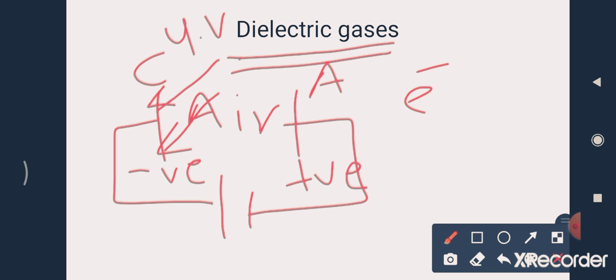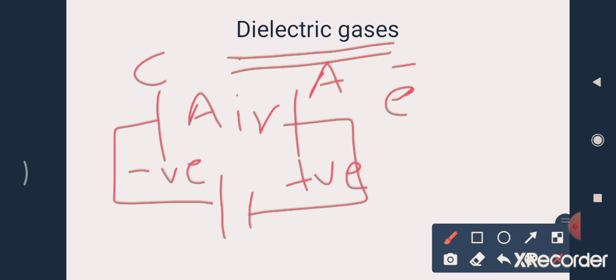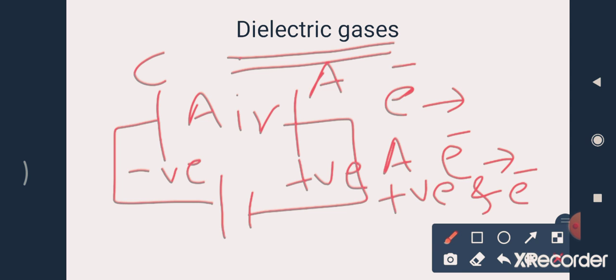Next point, we will see the secondary ionization process. In case of the secondary ionization process, the same process happens, meaning whenever we apply high voltage across two plates, electrons start to be generated in air, then a collision with the gas atom and free electrons will happen. It produces positive ions and free electrons.